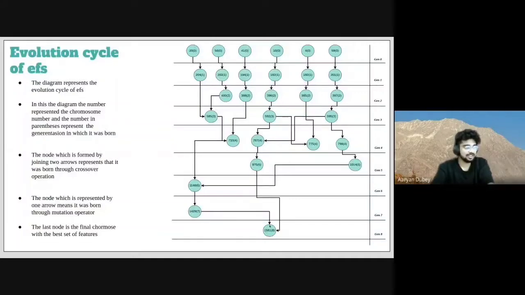So as you can see, the 8th generation was created from the 5th generation and 7th generation crossover. That means the 5th generation creature has survived the ordeal of the 6th and 7th generations, and has come to the 8th generation to form our best creature. That is the 1581st creature that was generated in the 8th generation through the crossover operation between the 7th generation and